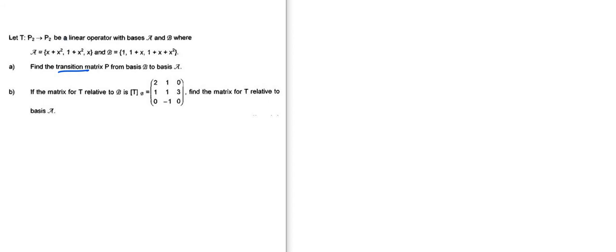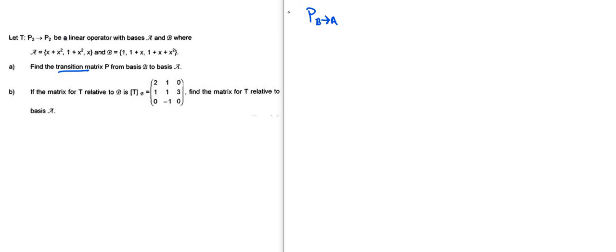The transformation is from P2, polynomials of degree 2, into polynomials of degree 2. So if you want to find the transition matrix of P from B to A,